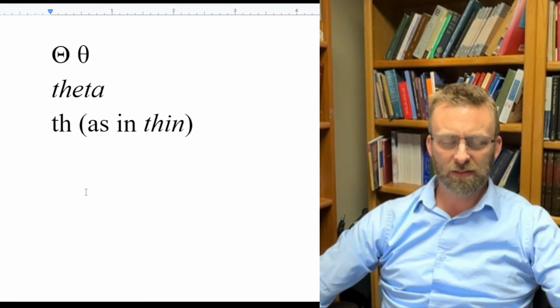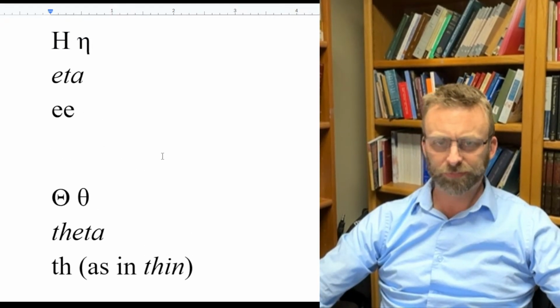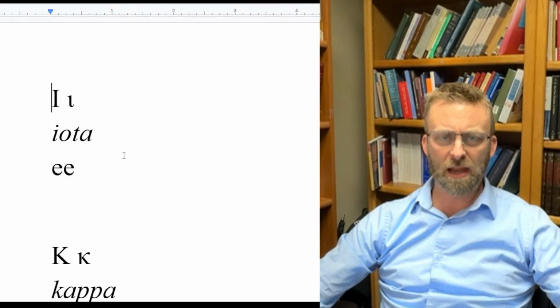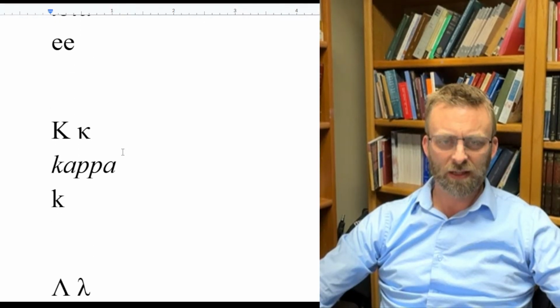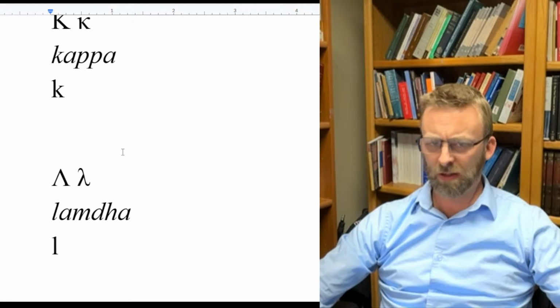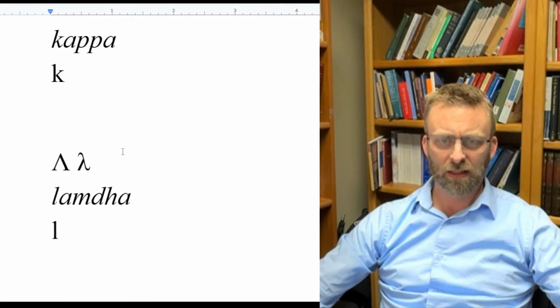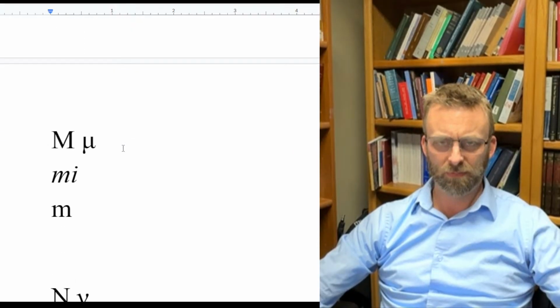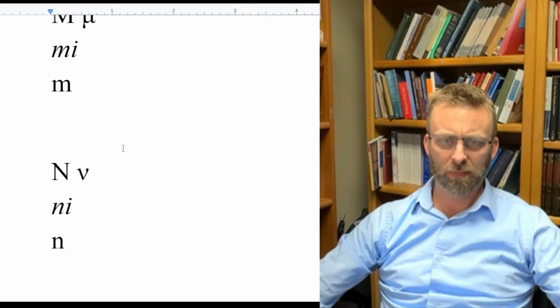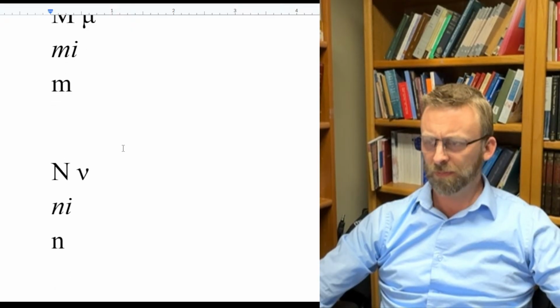So theta, th as in thin. And then iota, kappa, lambda, mu, nu,